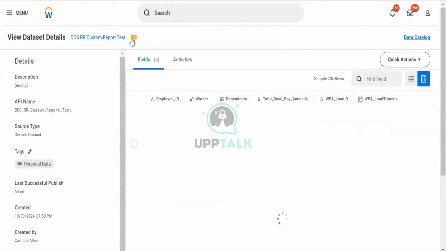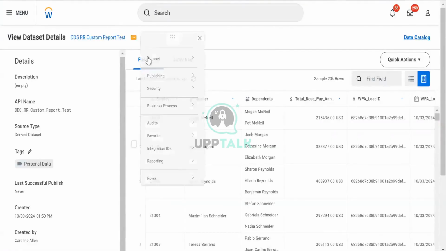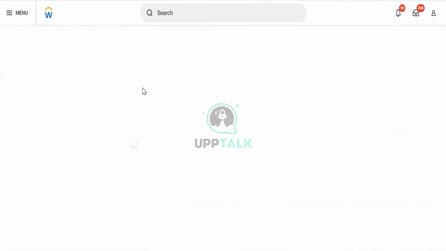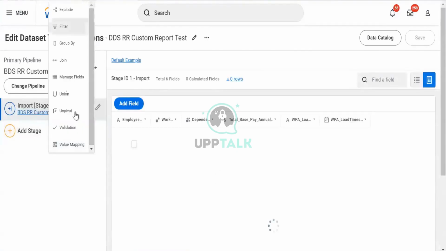In a multi-instance field, what we need to understand is the exploded data set. Edit information. As I told you, there are some new functions, validation and